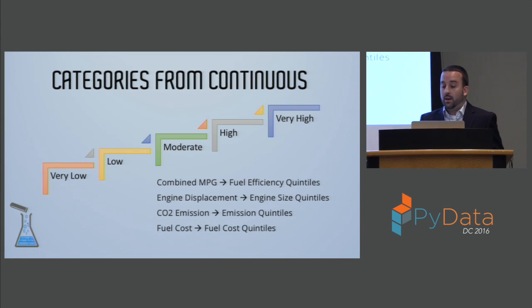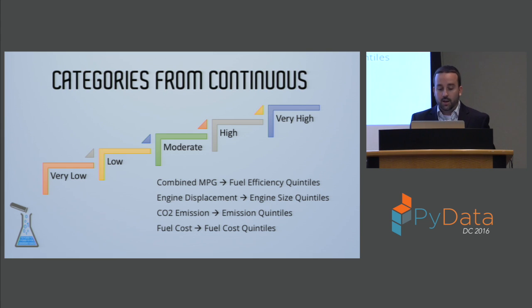The next way that we can create additional categories for ourselves is by binning our continuous variables. So breaking them up into different categories based on how high or how low they are. And there's multiple ways that you can do this, but I like to use quintiles because it gives me one middle category, and then 2 categories outside of that which are moderately higher and lower, and then 2 extreme categories at the ends. And I just find that that's a very kind of intuitive way to take a look at things and to split things up.